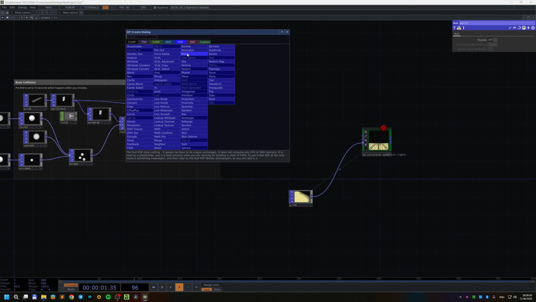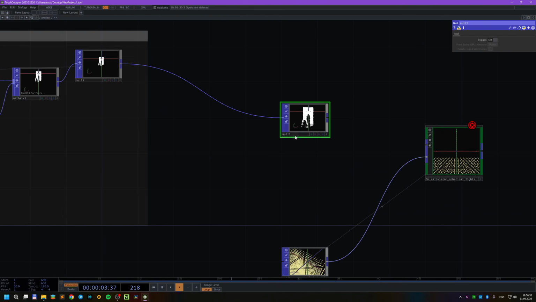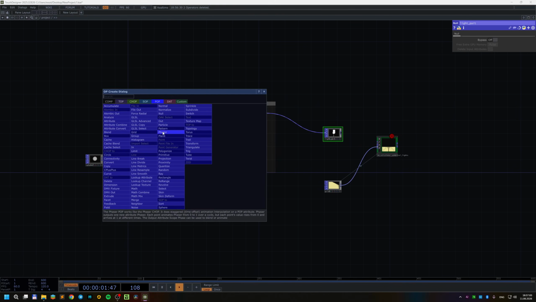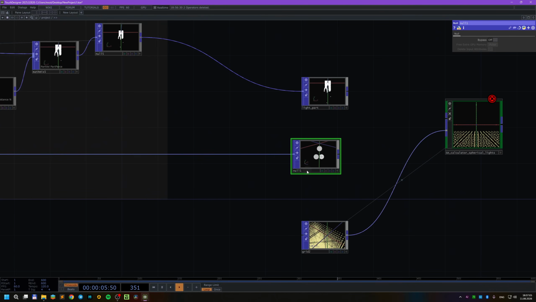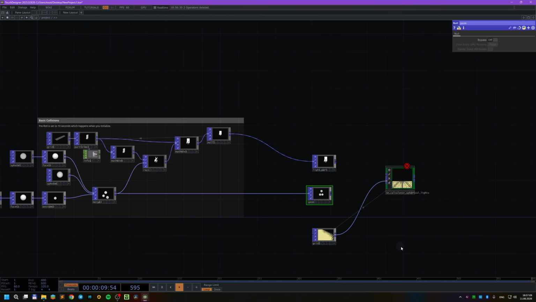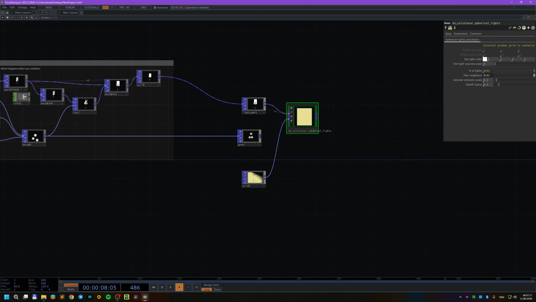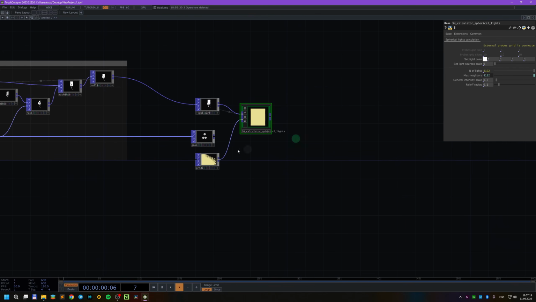Okay, where is here? Okay, the new, let's call it light particles. Here let's call it another node. Let's call it geometry, and here we have our grid. Okay, let's connect our light particles here to the calculator, and